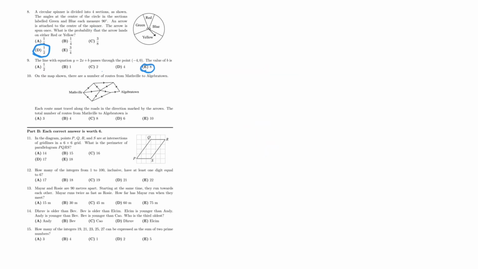Number 10. On the map shown, there are a number of routes from Mathville to Algebra Town. Each route must travel along the roads in the direction marked by the arrows. The total number of routes from Mathville to Algebra Town is,